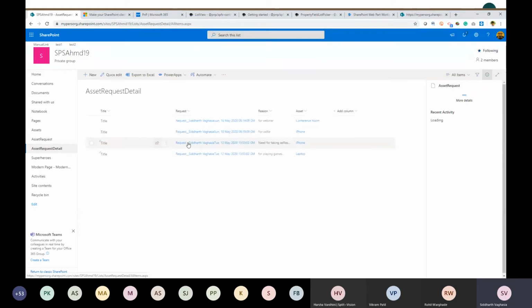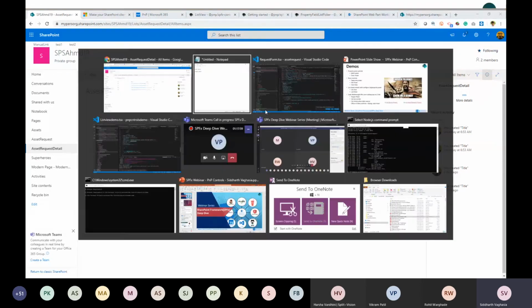In the request detail it would be a parent-child relationship, so that in a single request you can ask for multiple assets, okay. All the particular assets which they are requesting would be stored here, right? And there is a relation using a lookup column, which we can see here, right? So this is a typical scenario.